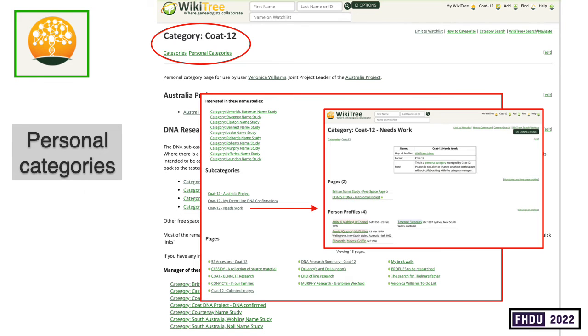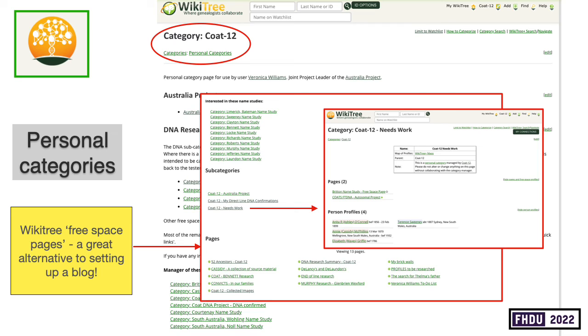area of interest. And you can see here that under categories I have linked a category called Code 12 Needs Work, and I've got a few profiles listed there that I want to go back to and fix up. So it's a way of doing to-do lists. There are separate to-do lists, of course, but it is a way to do that. And as I said, the pages are a great alternative to setting up your own blog, where you can write lots of things and link them to individual profiles and have them set up with categories